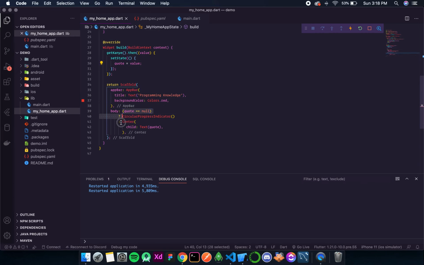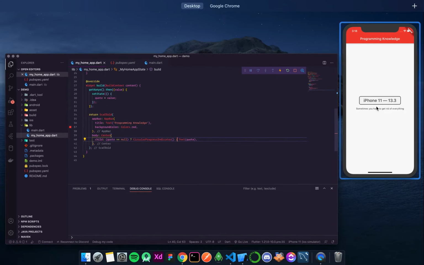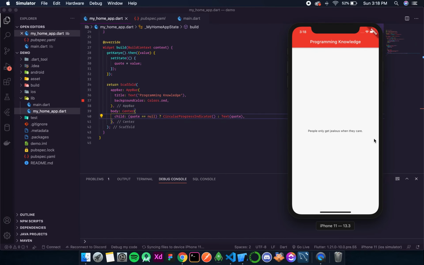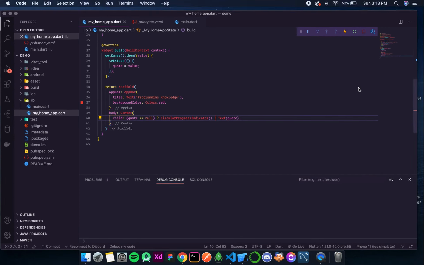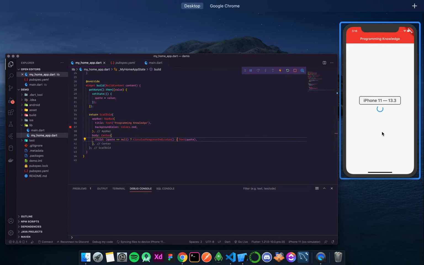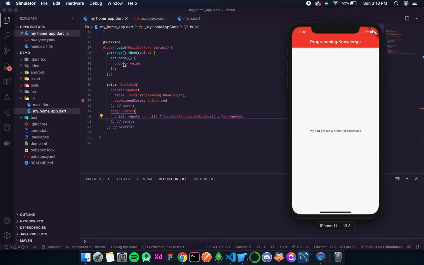So instead of conditional rendering over here, I'll do it inside the center widget. So now let's see. You can see the circular progress indicator, and as soon as we get the value it gets updated.